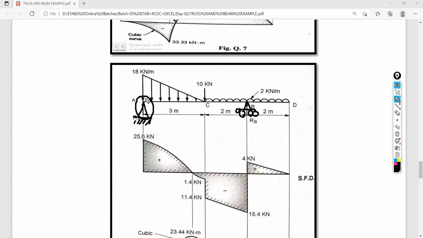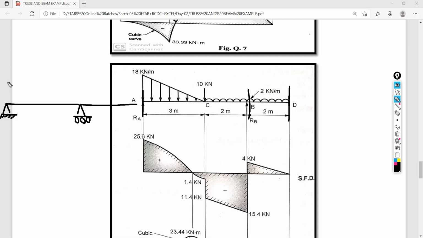And how many grids are needed? 3. Three grids are actually needed, so that you will model one beam like this, another beam like this. Then you will have the joint, so that you can assign the roller support here and you can assign the hinge support here. Then you have to assign the uniformly varying load for the part length. Then for the remaining you have to assign the uniformly distributed load, and for this part the uniformly distributed load. Then also you have to assign the point load here.